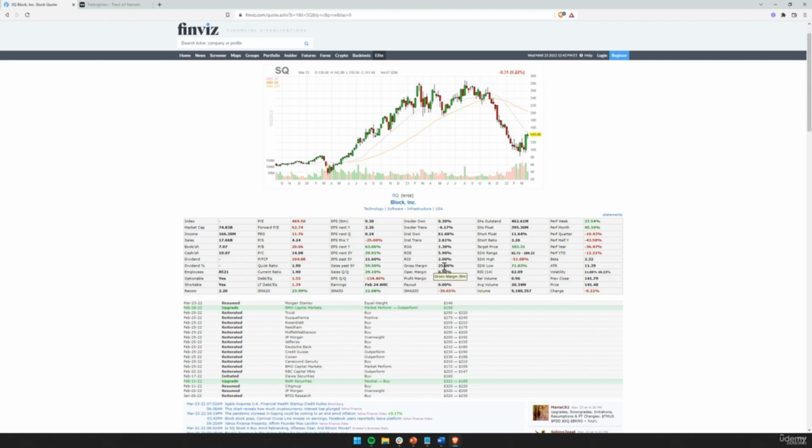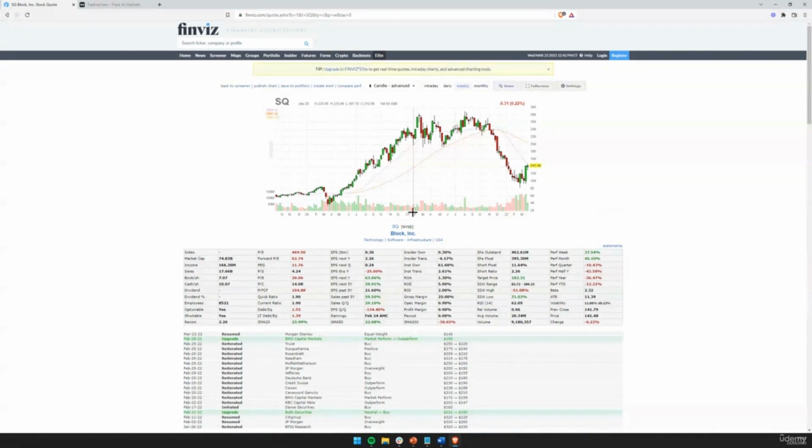So the gross margin with 25% is genuine, and the operating margin and profit margin is rather low with just 1%. But it's already a profitable business, and it's a scaling game in my opinion. So the more customers they are acquiring, the more profitable they're going to become. So I think this could be really interesting to invest in Block, and in the next step I would like